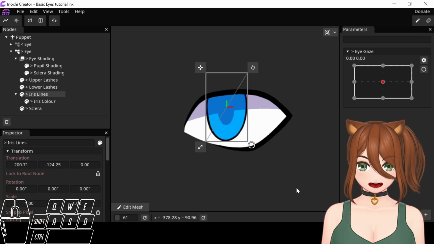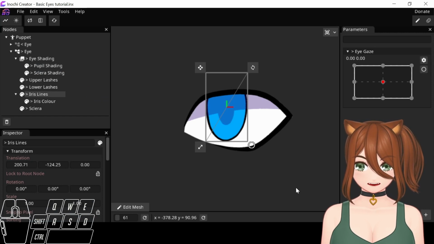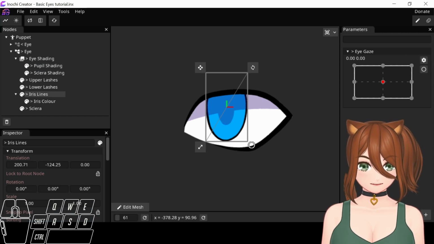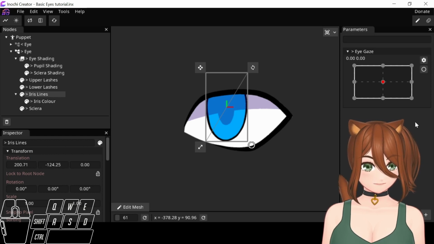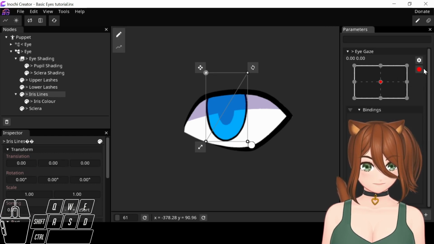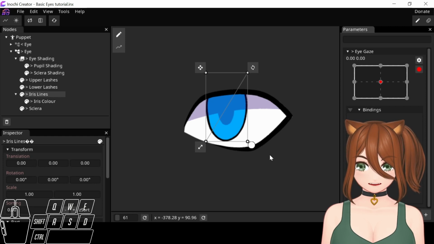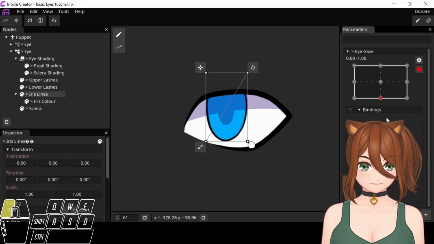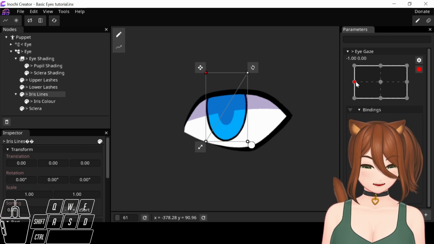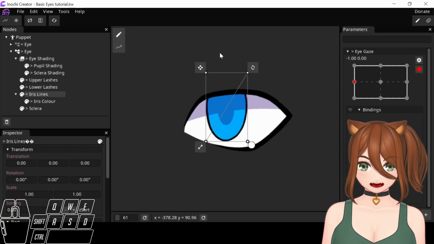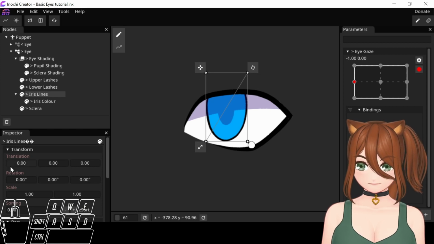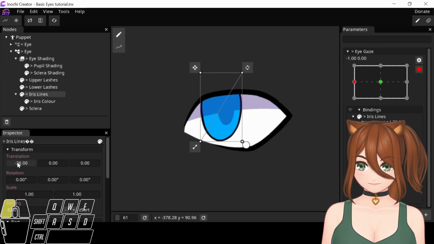So I'm not gonna bother doing any meshing on the iris, and instead I'm just gonna rig the eye gaze parameter using just the translation values. So if I hit arm, now instead of editing base stuff for the model, I am editing the parameter values. And if I set it to that breakpoint, and then I move using the transform,